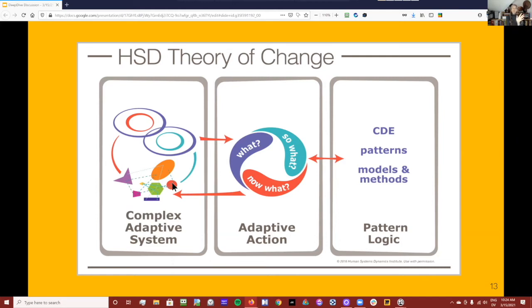We don't really know. And so we take a small step that we can get quick feedback on, and then we assess again and say, what did that do? Do we want to do more of that? Do we want to do less of that? Do we want to try something different? And so the adaptive action loop ideally is an ongoing series of really short, really small, really safe-to-fail experiments in nudging a system this way or that way, and then reassessing.